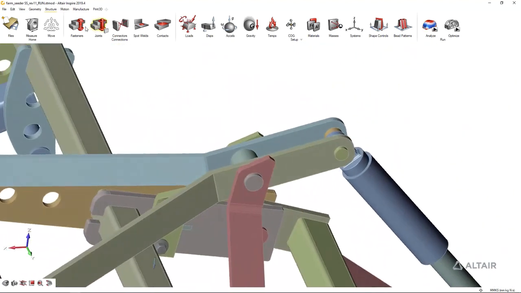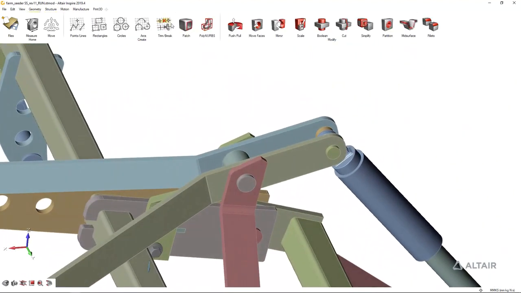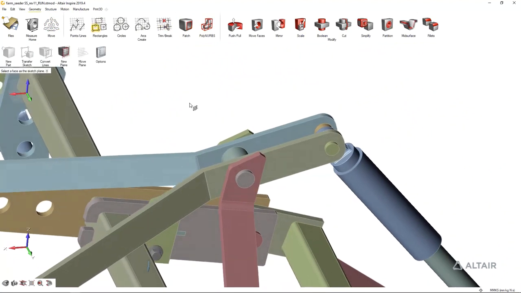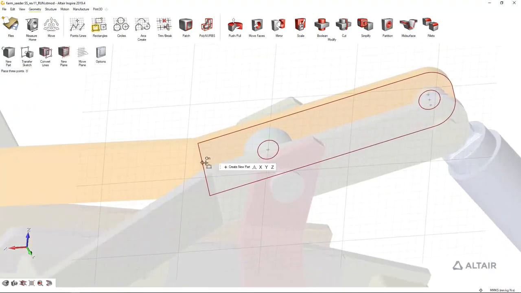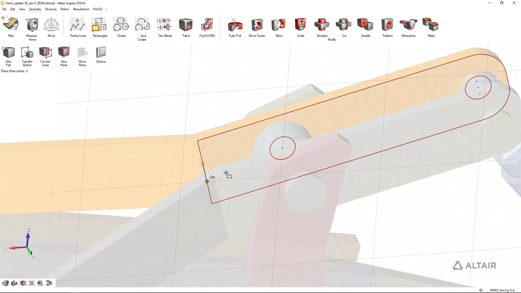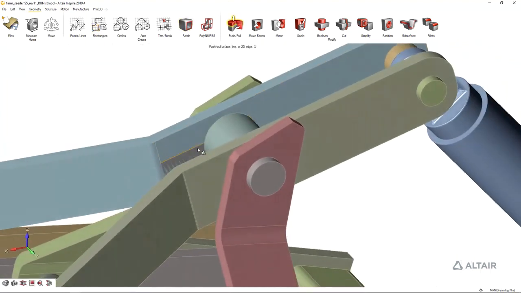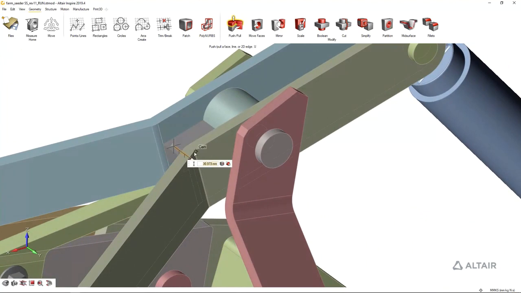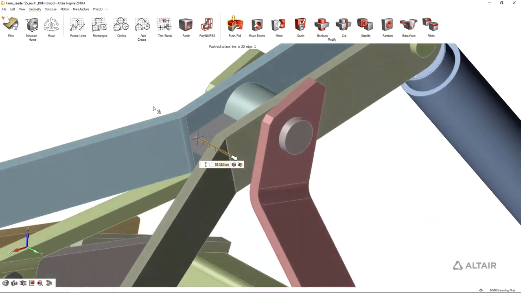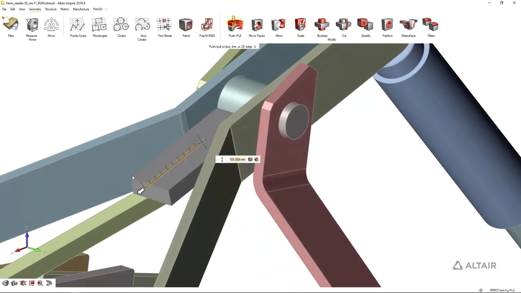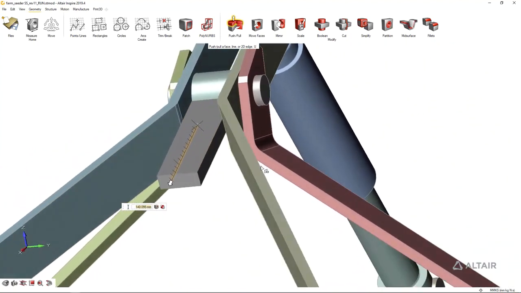So what I do is I go to my geometry ribbon. I go to the sketching plane. Draw your sketches, a rectangular sketch, circles. You can use lines, or you can draw your own sketches. Use the push-pull functionality to quickly give it some volume. And in a matter of a few seconds, I have a reinforcement plate added to this particular structure that should help